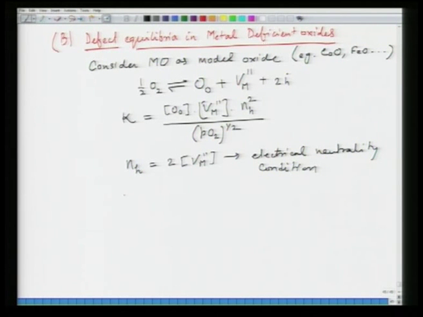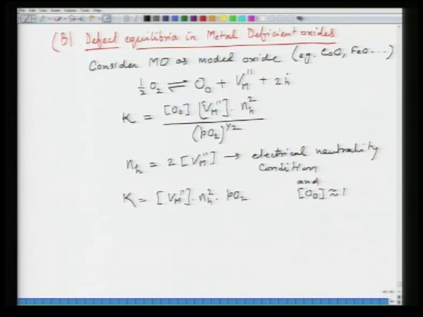So, as a result your K will become, and also assume that OO is equal to 1, because it is very large number as compared to defect concentration, so K becomes Vm double dash multiplied by NH square multiplied by